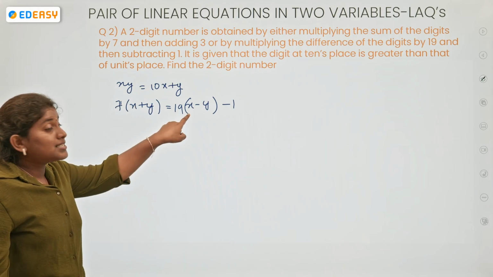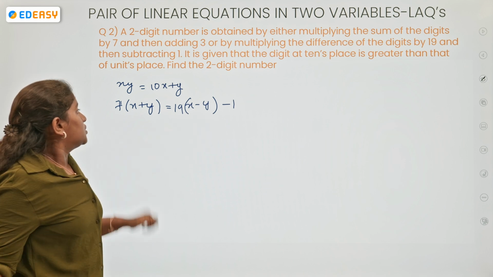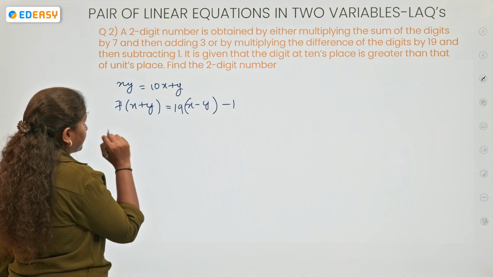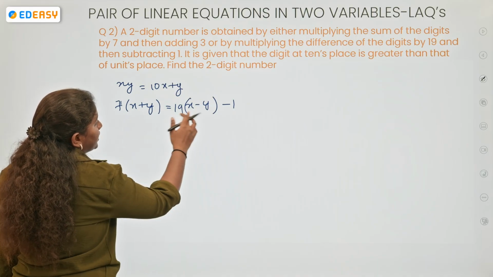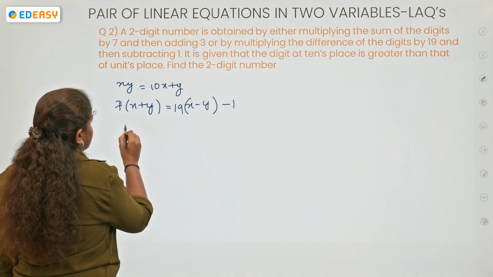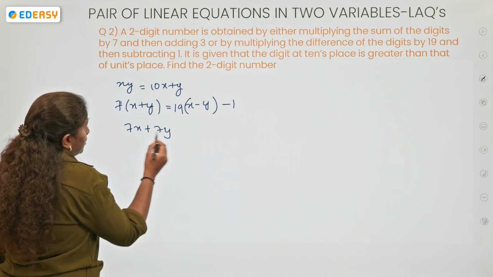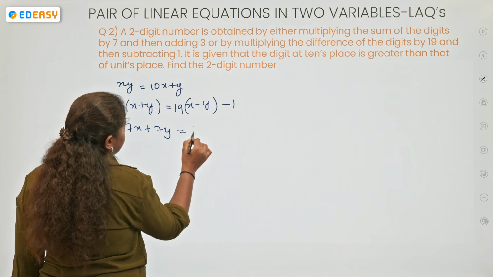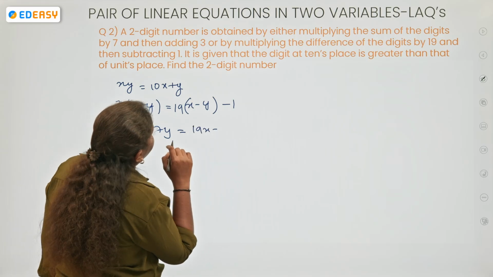So x is the greater value, so I can consider x minus y. Now let's simplify this. 7 into (x plus y) is equal to 19 into (x minus y) minus 1. 7x plus 7y, which is equal to 19x minus,